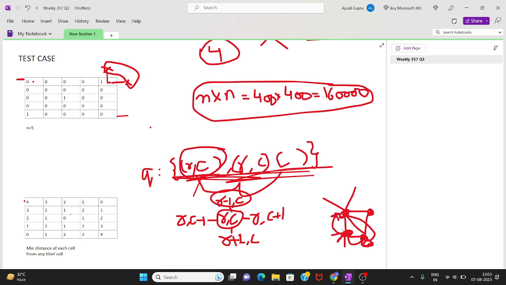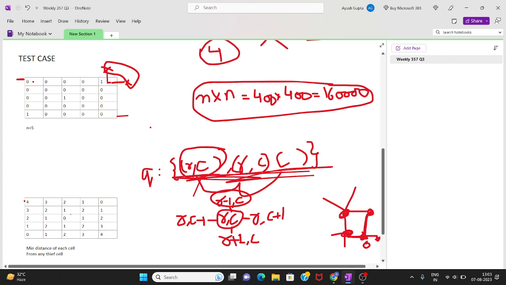So what is the minimum? Minimum is one step. And see, when we have moved from this cell to its neighbors, then we have already marked it visited. So now when we check for the neighbors for this cell, it has a neighbor here, a neighbor here, and a neighbor here. Let's suppose. But this cell has already been visited.